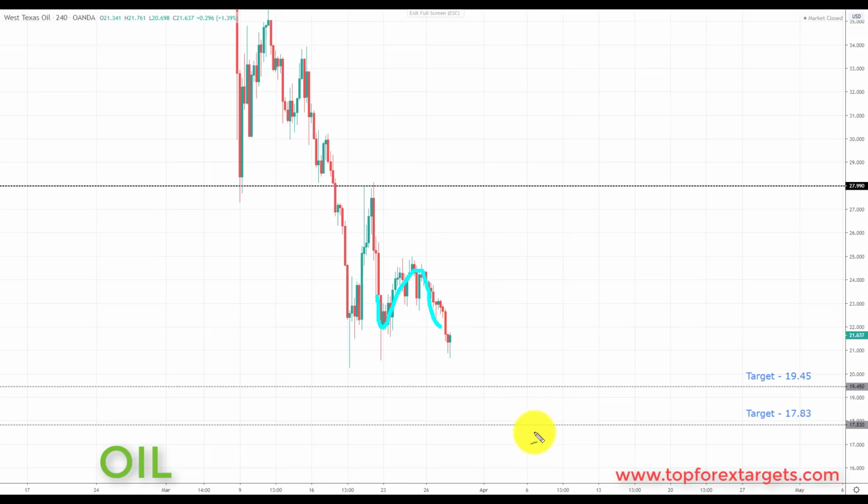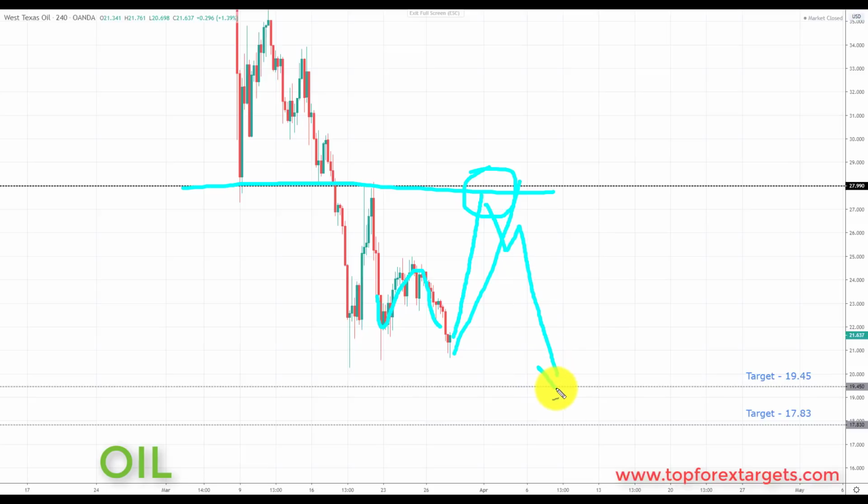Going into this week, we are still looking for further declines to the downside. We're coming fairly close to the target set from last week at the 19.45. So what we'd like to see going into next week, if we can get a pullback, any pullback in this area, and as always, if we can come back and retest broken support turning resistance here at the 27.99, this would be a great place to start to look for bearish setups in crude oil because this would give us the best risk to reward setups down towards the target. But any pullback in this area is going to give us an option to start to look for bearish formations and patterns, and we're going to be looking at initiating shorts down towards the next key of support to the downside and the target set at the 19.45.